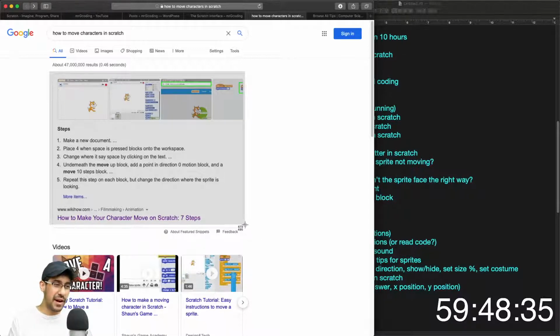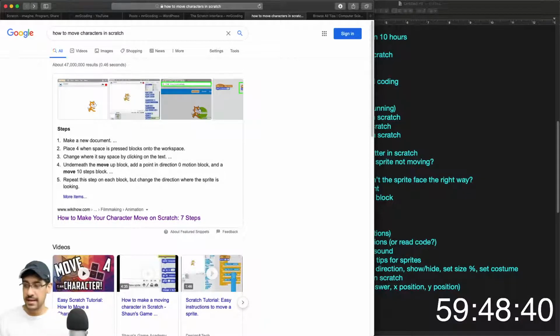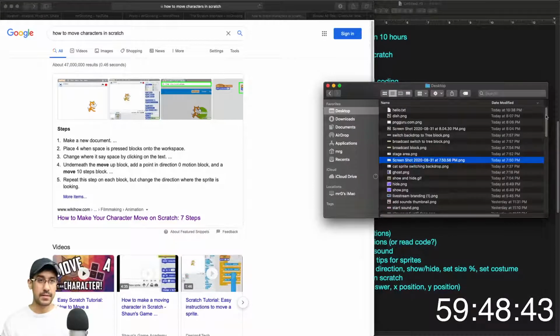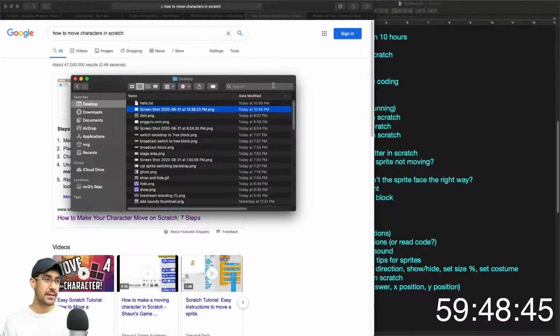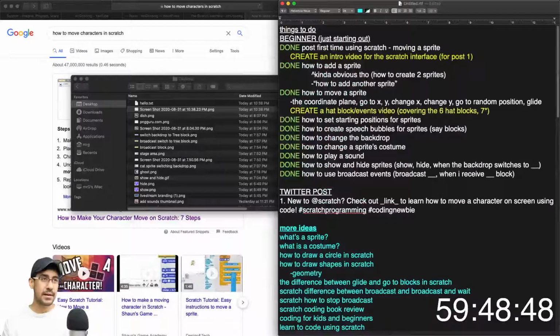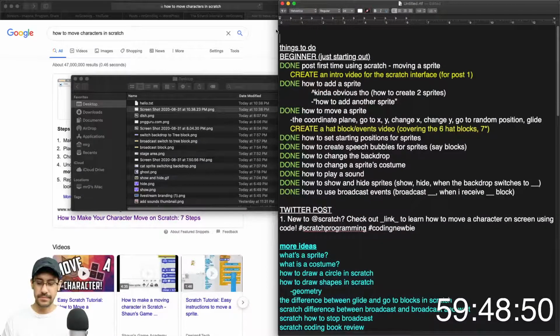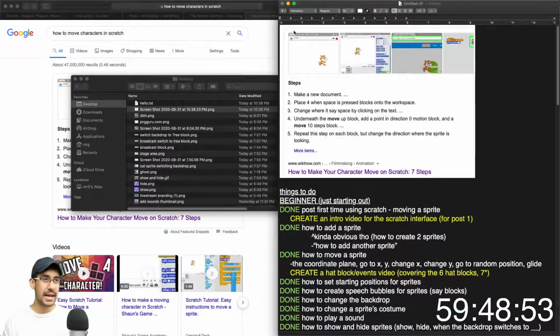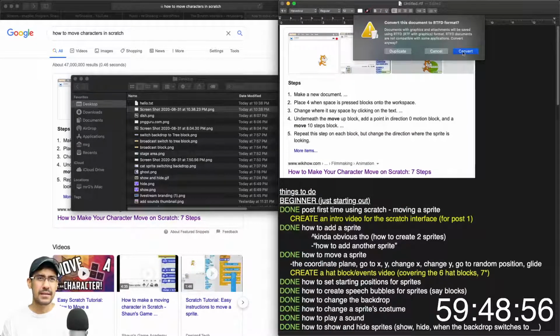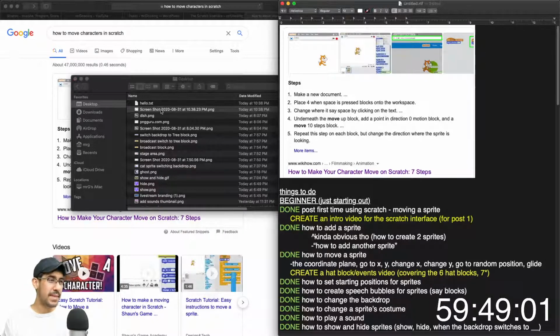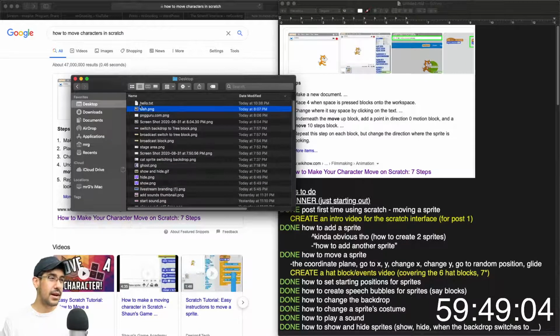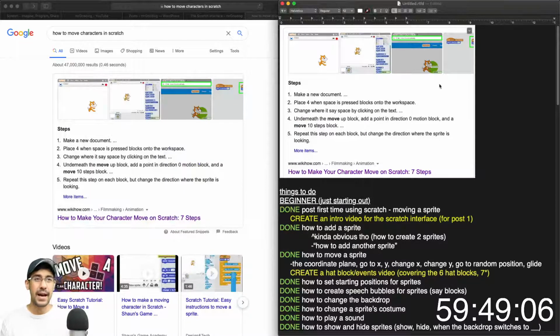How to make your character move on Scratch, 7 steps. So if I recreate that, if I emulate that, can I throw in a picture here? This is the Holy Grail. What I mean by that is that, sure, convert, I don't care. What I mean by that, can I delete this now? Yes. Is that if I model my posts after this with the same kind of title, well, that's why I